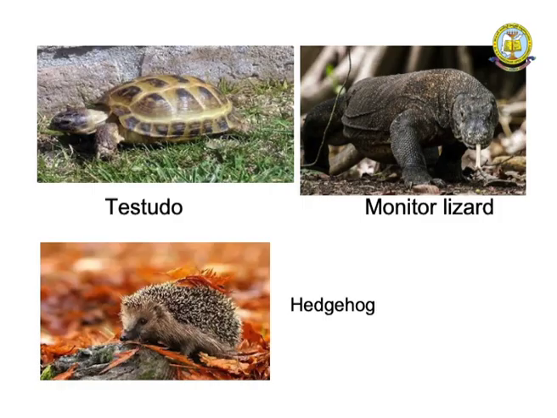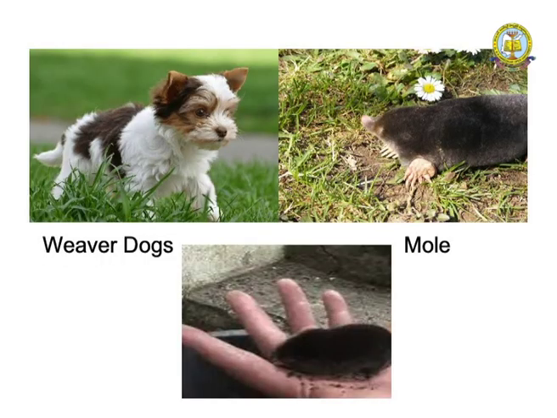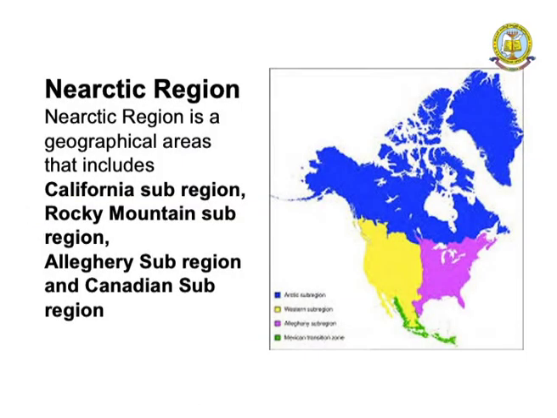The hedgehogs derive ants, and this snout-like region helps them pick up the ants, which are the major source of their food. Besides hawks and finches, weaver dogs can be seen here, and the moles, which are very tiny, are characteristic of this particular region. Coming to the second major zoogeographical region, the Nearctic region, it comprises the California subregion,